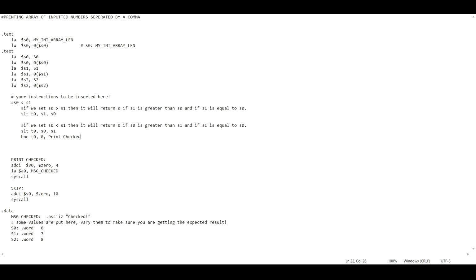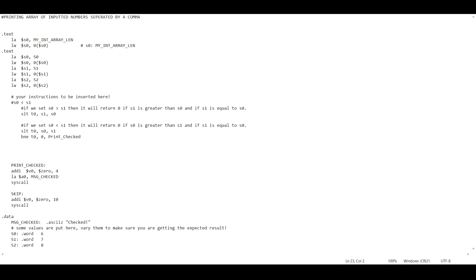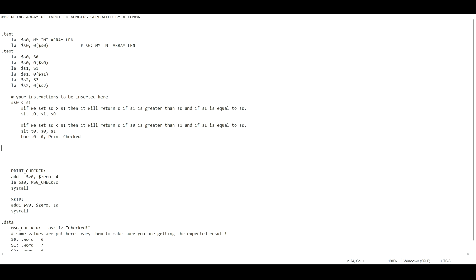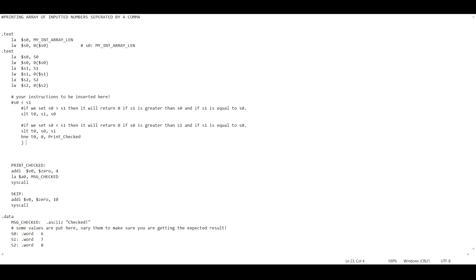But the thing about this is that even if it is equal to 0, because there's no jump here, it will just always go. So then we want to else jump to skip. Now this is actually not one of the options, even though I think it should be. So what we have to do is think about the reverse case, which is